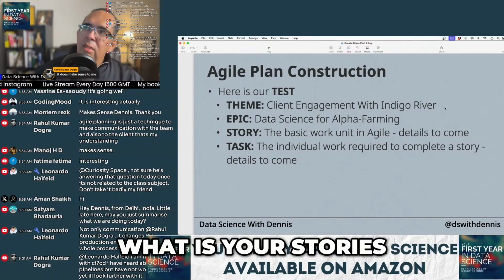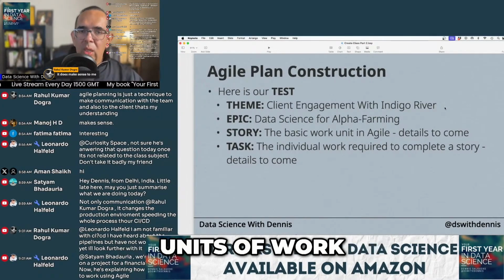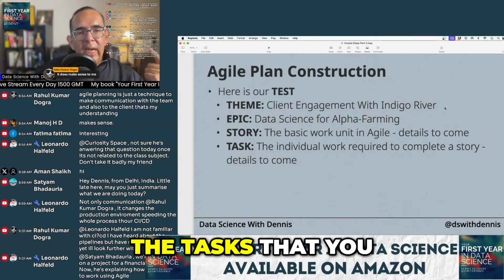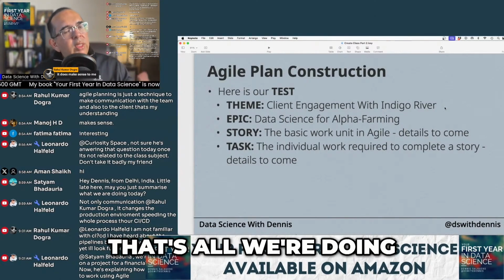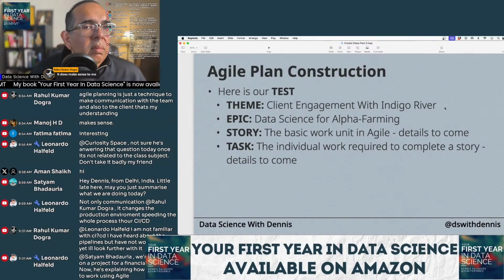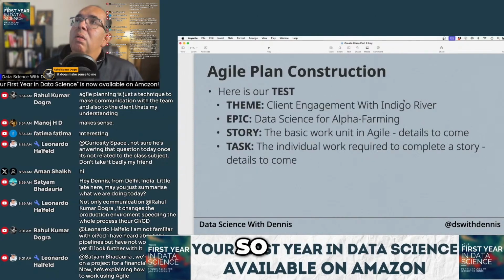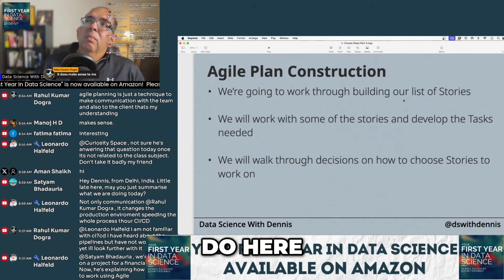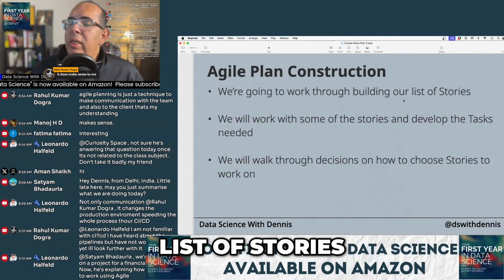What are your stories? What are your basic units of work? And then what are the tasks that you need to complete those stories? That's it. That's all we're doing. So what we're going to do here is walk through building our list of stories.